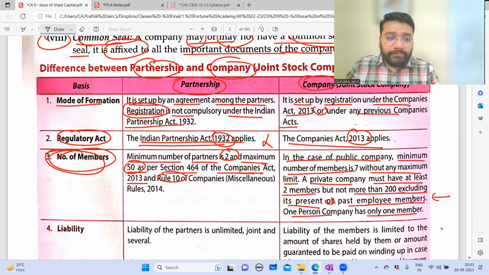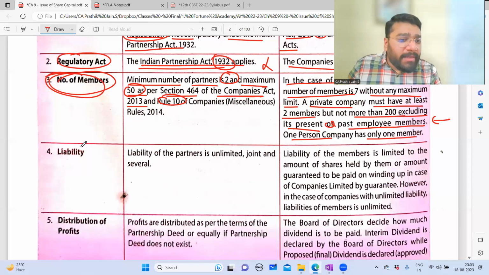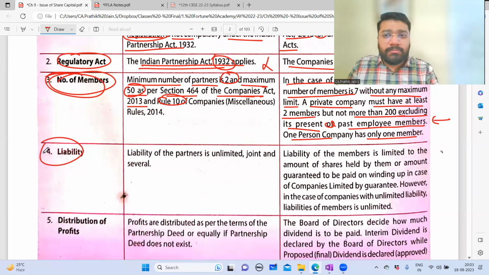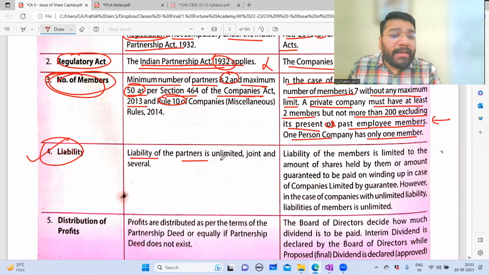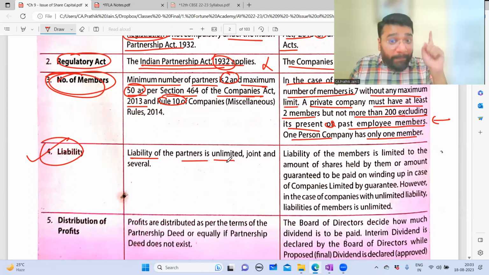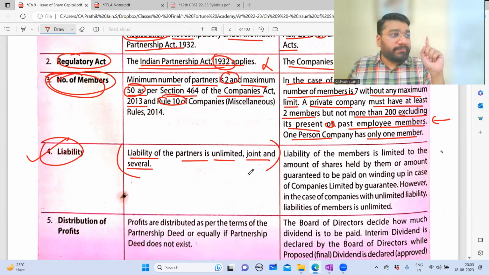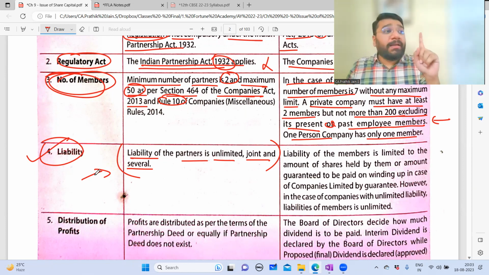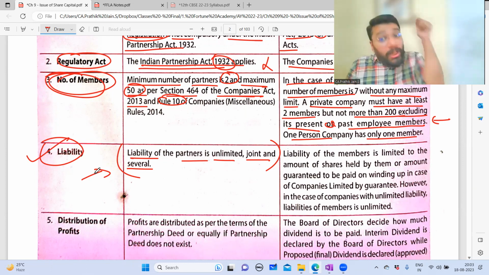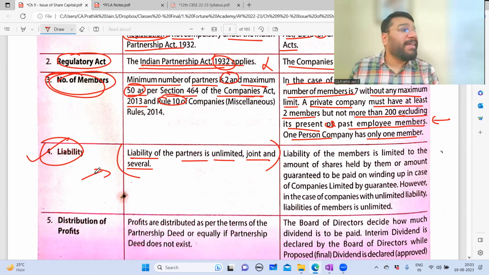Any problem? No problem. Liability, I'll not be discussing in detail, just a short, crisp discussion, because I'll be discussing liability in detail probably in the 3rd lecture. Very important, please do not miss it out. Liability of the partners is unlimited. Point number 1. And all the partners are jointly and severally liable. In the very first class of the partnership, I gave you this line. I told you, if the question they ask in board exam or the CA foundation exam is what is the liability of partners, you mention 2 points. The liability of partners in the partnership concern is unlimited, and all the partners are jointly and severally liable.